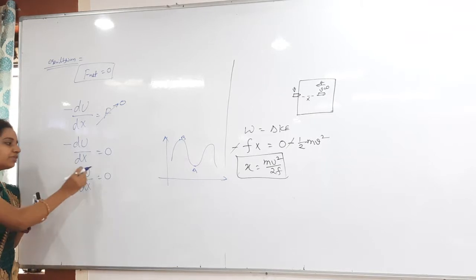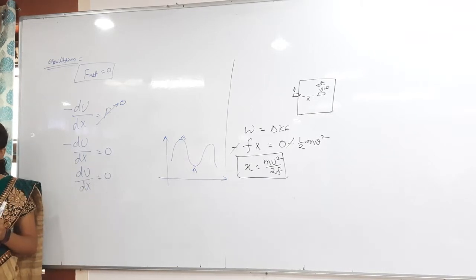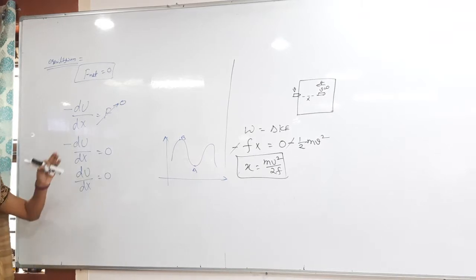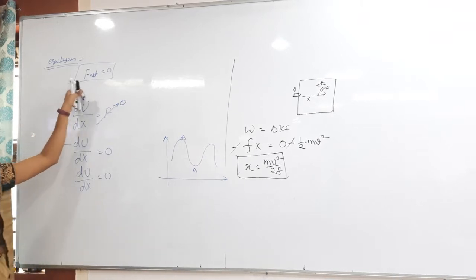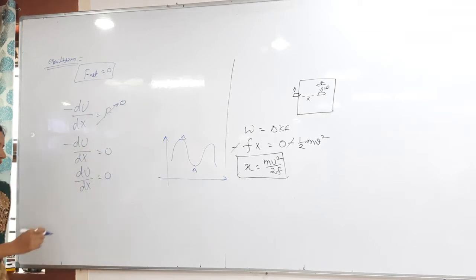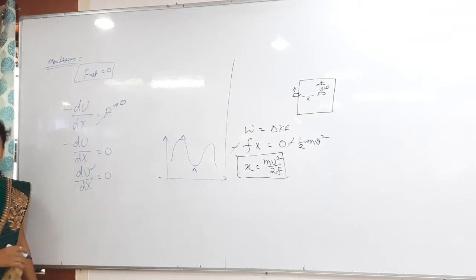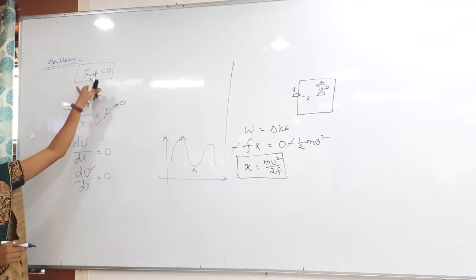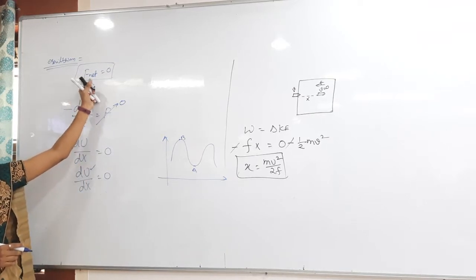Sometimes the u value will be optimum. Optimum, nothing but it might be positive, negative or 0. So in which cases it will be positive, negative or 0, otherwise minimum, maximum or 0, we will see. So here mainly equilibrium is nothing but net force equal to 0. In that we will discuss everything about potential energy only in the equilibrium case. So whenever F net is 0, at that time we can say that the body is in equilibrium.